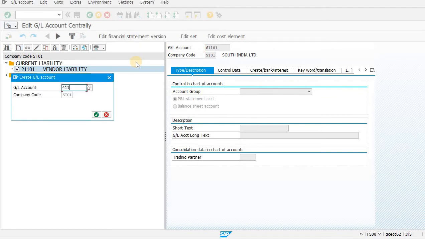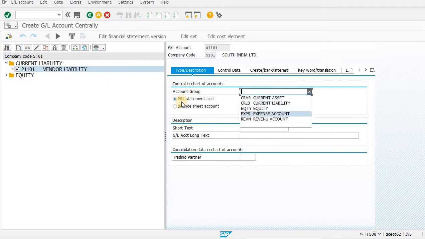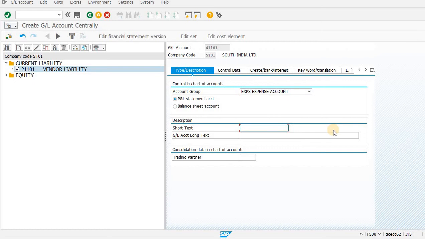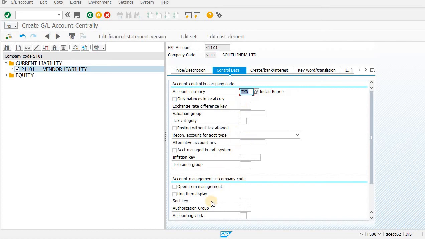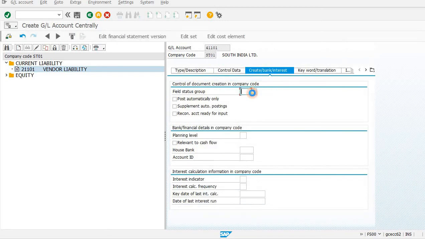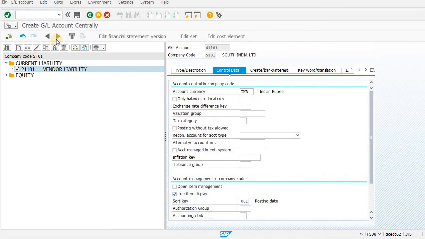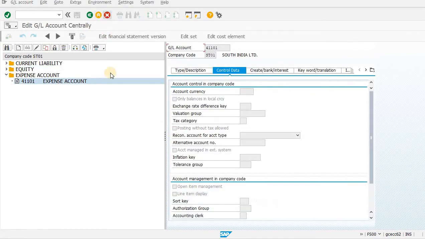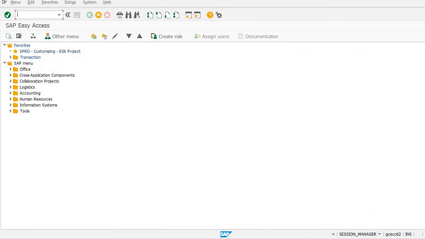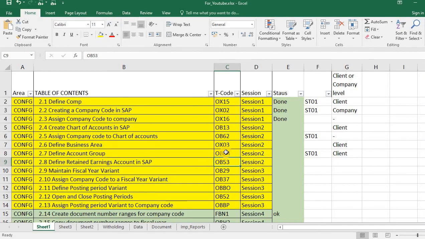That means 41101. Expense account, P&L. Expense account, control data. Nothing is required. Line item display, sort key again 001. Then field status group G001. And then save. So now we have the expense account and the liability account for doing the entry.